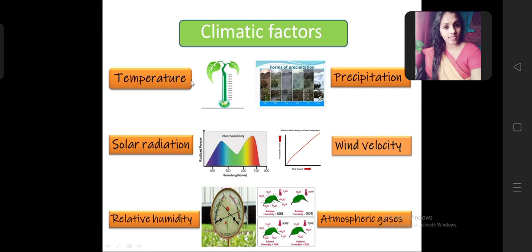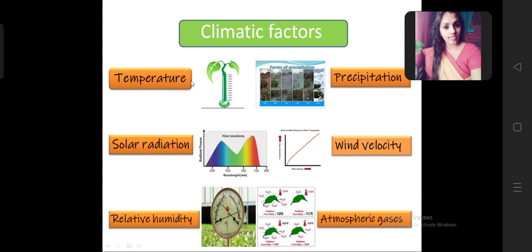We know that the optimal temperature, the cardinal temperature, is important for a particular crop, such as wheat, rice, mango, and coconut. And for some plants you have to remember the important temperature for their growth, like when the lycopene content increases, and in the case of tuberization, at what temperature tuberization takes place. All these things you have to remember. Now we will discuss the temperature. What is the influence of the temperature?